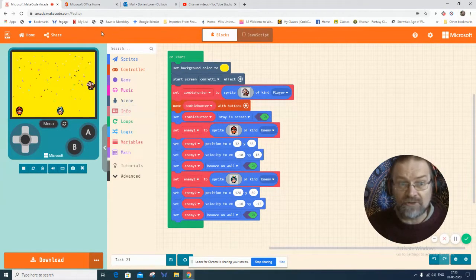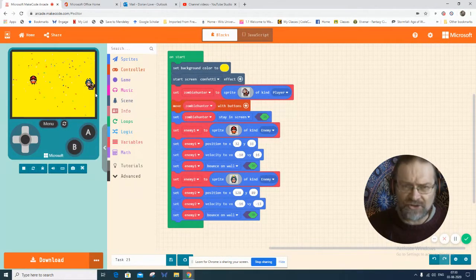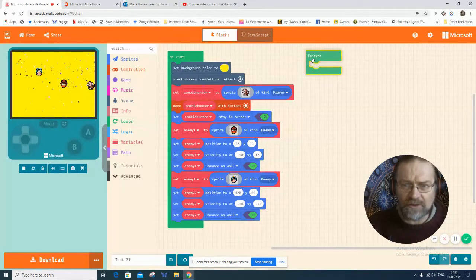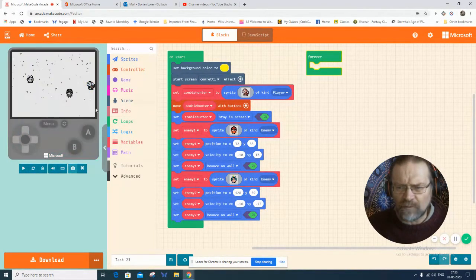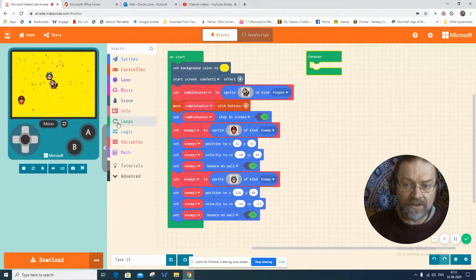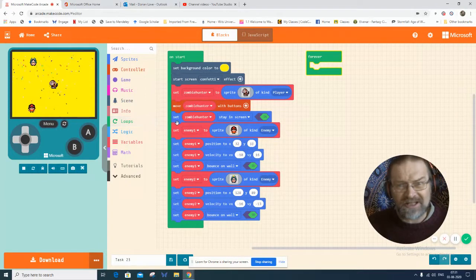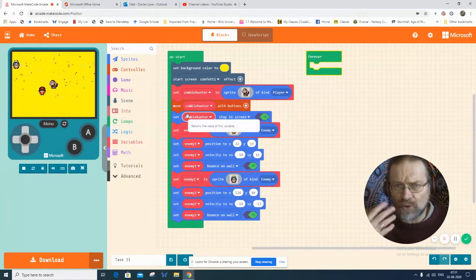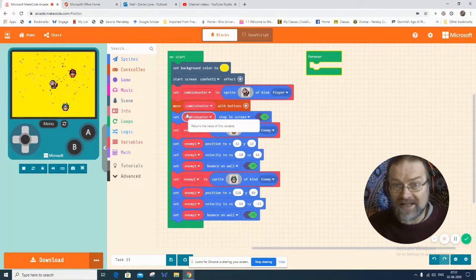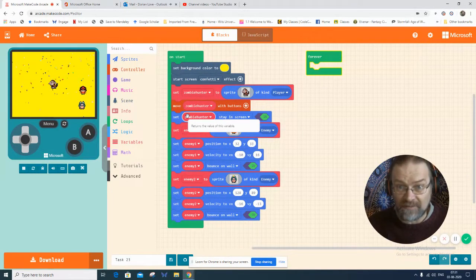Now what I need to do is set it so that if I overlap one of these, I destroy it. So under the loops, you go down and find the forever loop. So forever, whenever there's an overlap, something is going to happen. Do you notice as I was walking, I'm talking in my mind about what I want the program to do. If my sprite catches an enemy sprite,